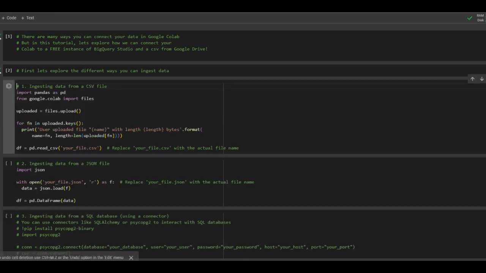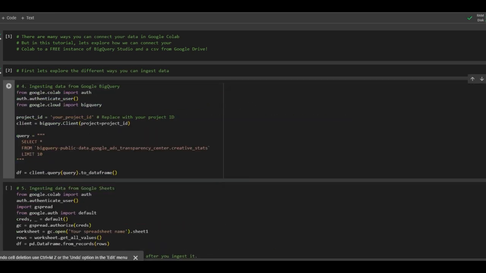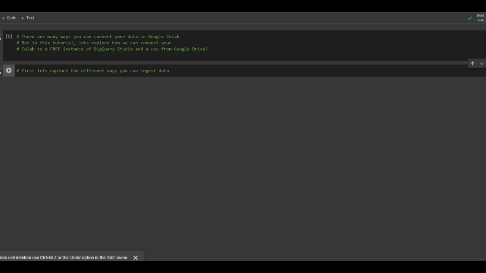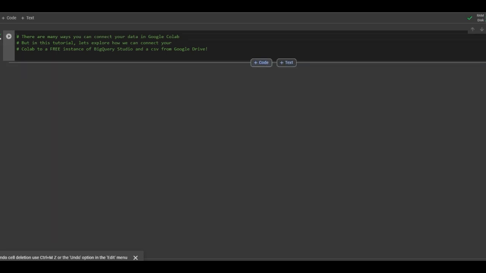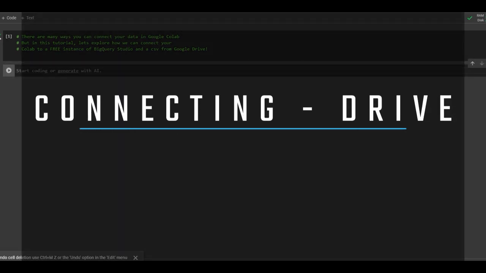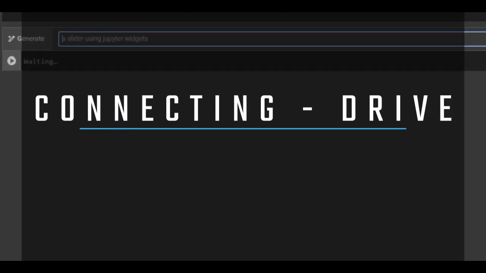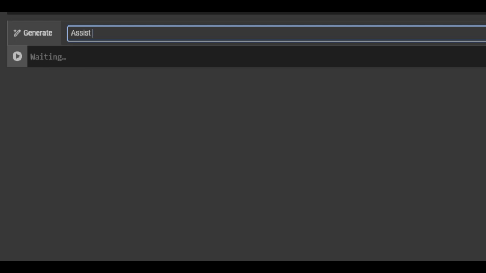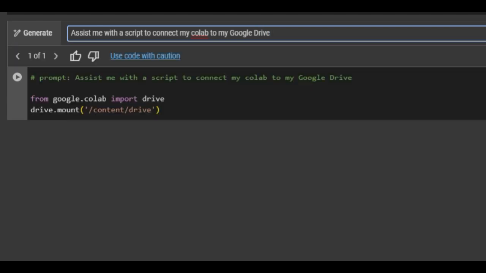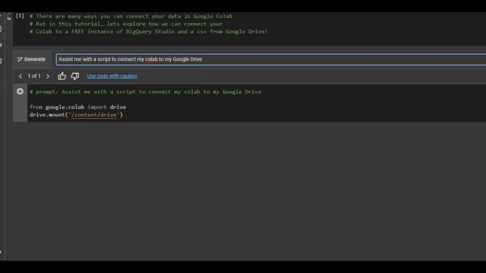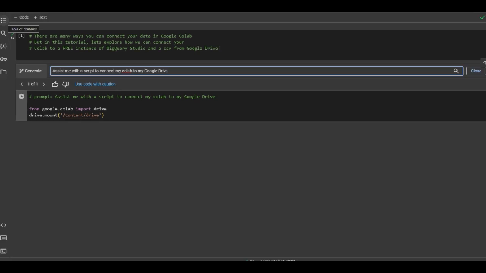Now, as I've said, it's very easy. You don't have any excuse anymore. Before, we needed to install everything. So right now, you just need to ask. So I will show you how we can connect to our Google Drive. In here, I'm saying that I need Gemini to assist me with a script to connect my Colab to my Google Drive. The benefit of this is that you can dump a CSV on your Google Drive, and then once it's there,